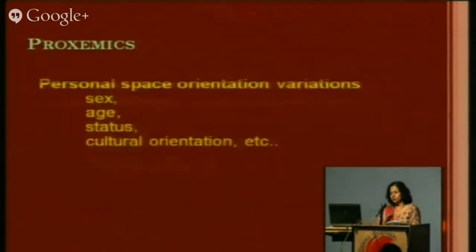Then is the proxemics. What we mean by proxemics? This is the space orientation. ये मैं इसको टच के साथ दोबारा देखूंगी। This changes with the sex, age, status, and it has also cultural orientations. कई कल्चर ऐसे हैं जहाँ पे वो स्पेस ज्यादा मेंटेन करना चाहते हैं डिस्टेंस, कई जगह पे नहीं। आप छोटे बच्चों के साथ स्पेसिंग डिफरेंट हो सकती है। When you become adult, तो with opposite gender वो स्पेस की ओरिएंटेशन डिफरेंट हो जाएगी।